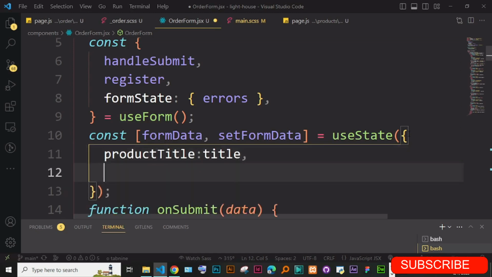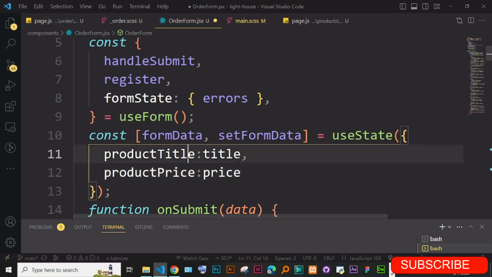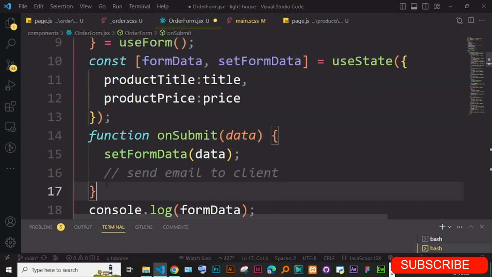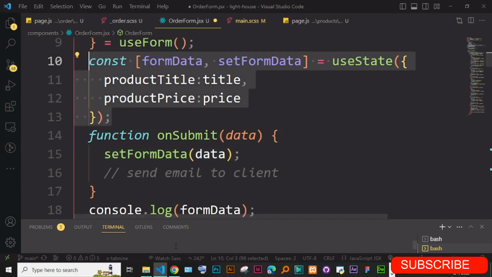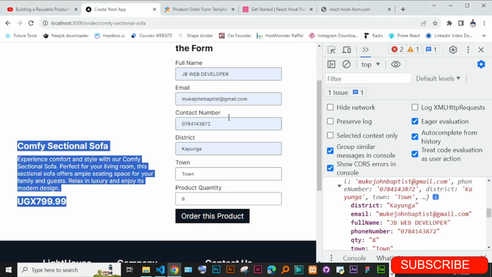I'm just going to say product price, and I'm just going to say price, just like that. So now if I do this, before we even set it here, we are going to have this data by default. So if I just go back, I can refresh,